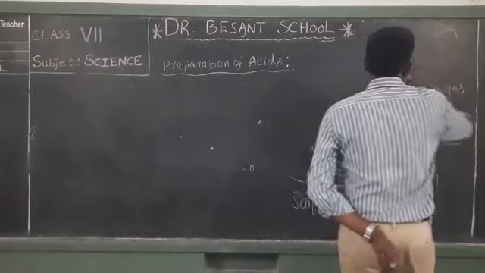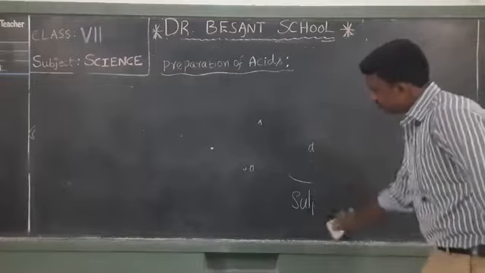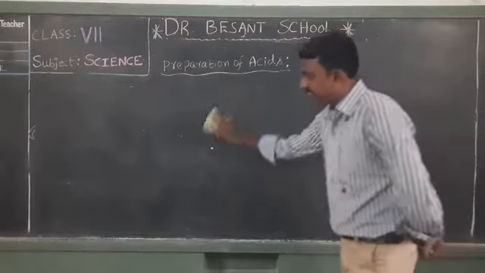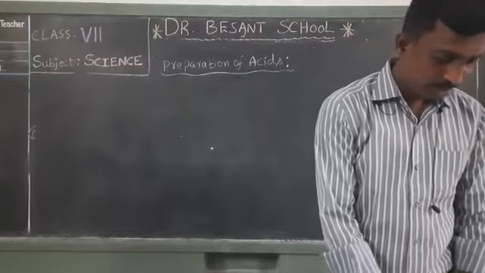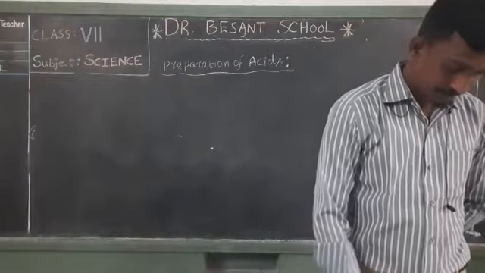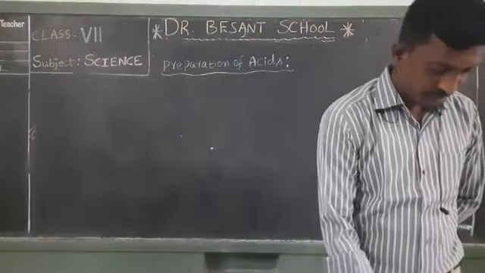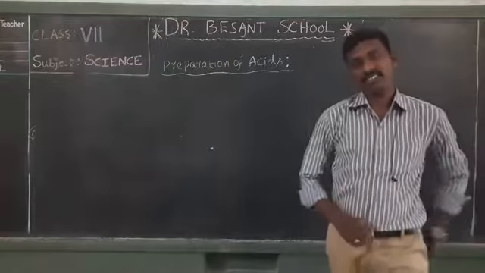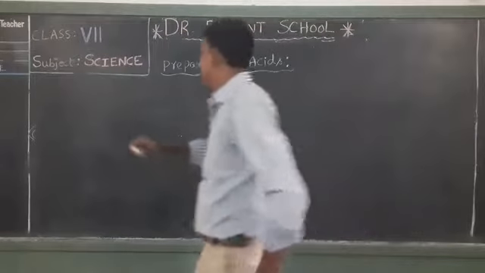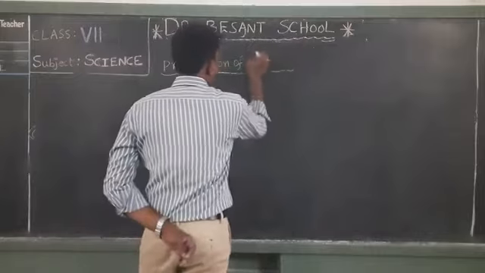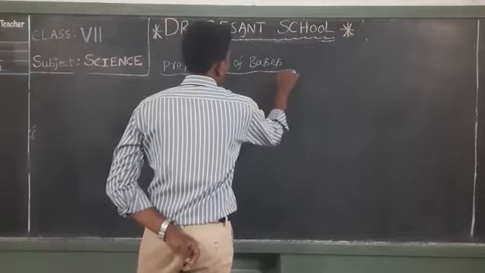So non-metallic oxides are dash in nature. Yes, acidic in nature. And these non-metallic oxides dissolve in water and produce acids. Now when it comes to bases, like acids, these bases are produced from metals. Acids we can prepare from non-metals. Bases we can prepare from metals. Same combustion reactions here, so the preparation of bases.